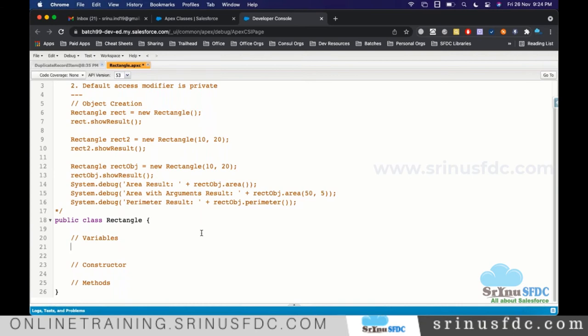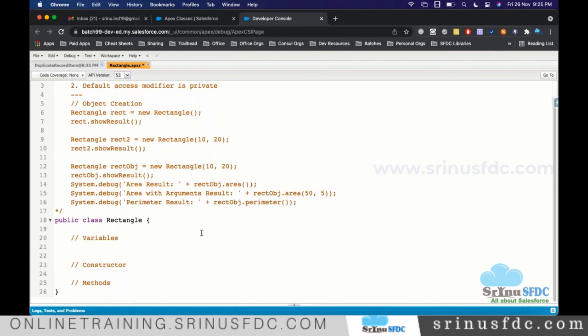In the same way, in programming, when you try to store data, the value you want to store can be either a number or a string. String means some text. It can be a date, right? Date is one type. It can be a Boolean, true or false. We have different data types. If you remember, we discussed the data types.